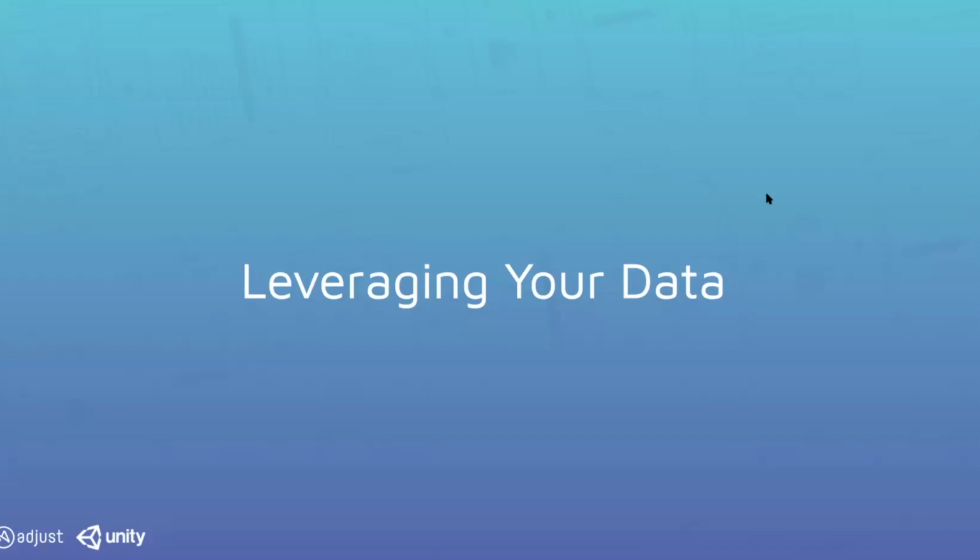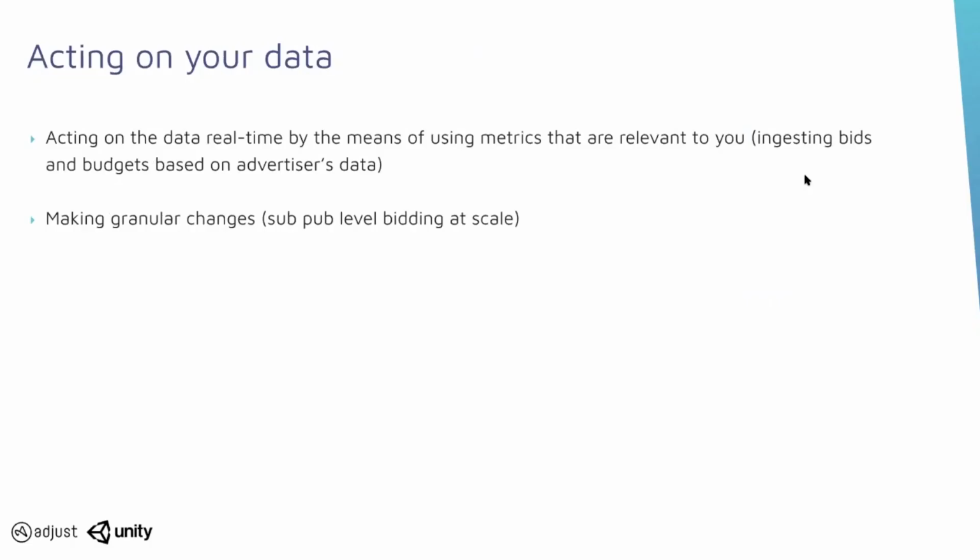Acting on your data is absolutely essential when you want to automate something. But to be able to act on data, first of all, certain things need to be figured out, like metrics at a certain level of granularity need to be set up and available. So acting on data in real time would mean that you have the ability to act on a certain level of granularity as soon as certain things happen. And it's very important to make sure that the metrics you are willing to act upon are properly defined versus the frequency of your action.